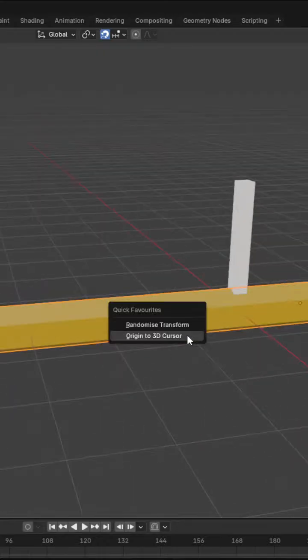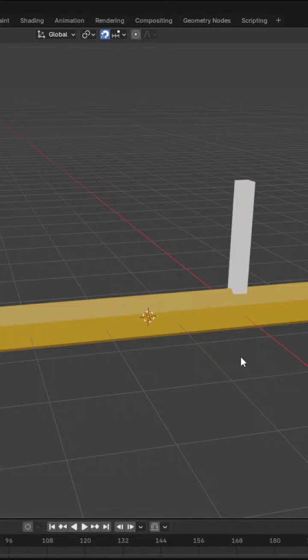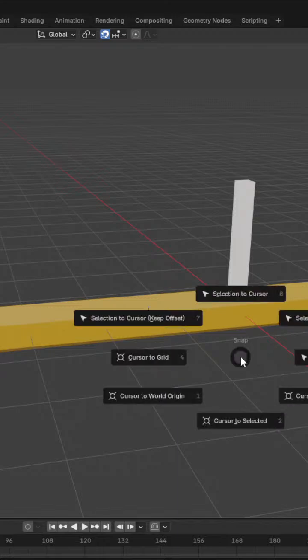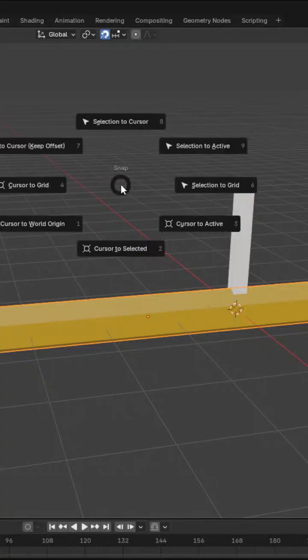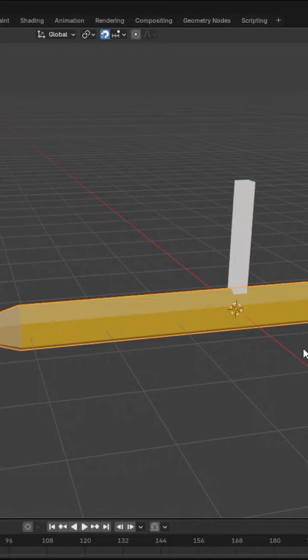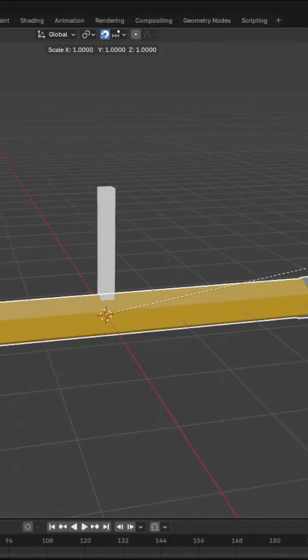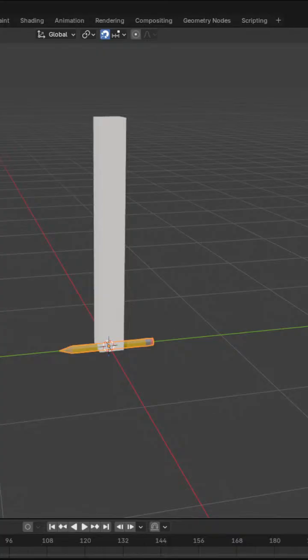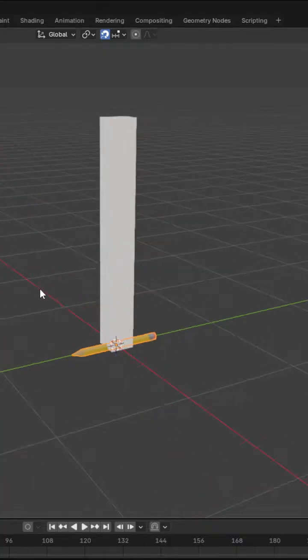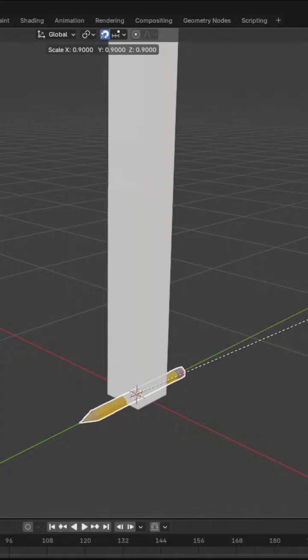So now we're going to set origin there, and then we're going to put the cursor to world origin, select the object, and then we're going to do selection to cursor. And now that's dead centre. And we're going to scale this down, so that little block there is a human reference. We can actually Google how big a pencil is, but if we want it to be super accurate,